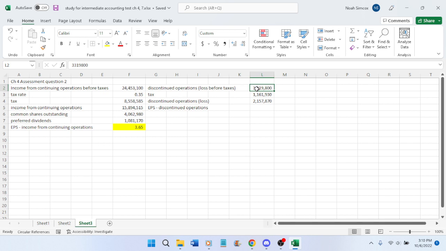This is frustrating. I don't care. Just completely ignore the fact that it's not negative. Equals this. And for some reason they ignore preferred dividends when they're talking about a discontinued operation. That's why I couldn't get the question right until like 3 attempts later. And even the only way I was able to get the question correct is by doing weird logic that did not involve the thing that I needed to know to actually solve the question. So this is that.